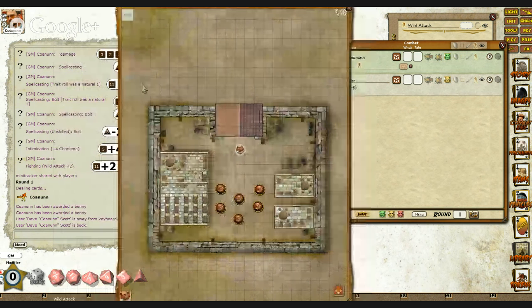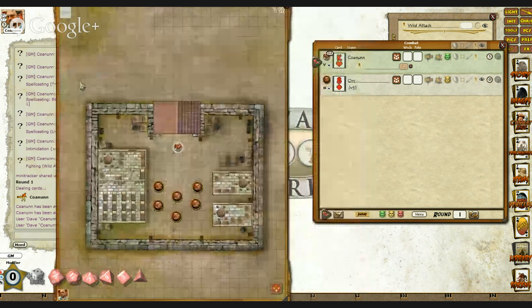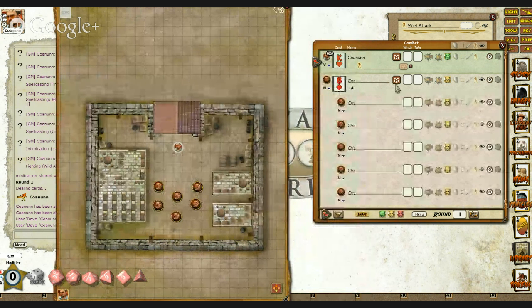All right. So we've got the map now. We've got 6 orcs, and it can be confusing. Let's say you've got a ranged weapon, and I need to know which one of these guys you're targeting. It's possible to give them numbers when they're dealt. There's an option for that, but you can also